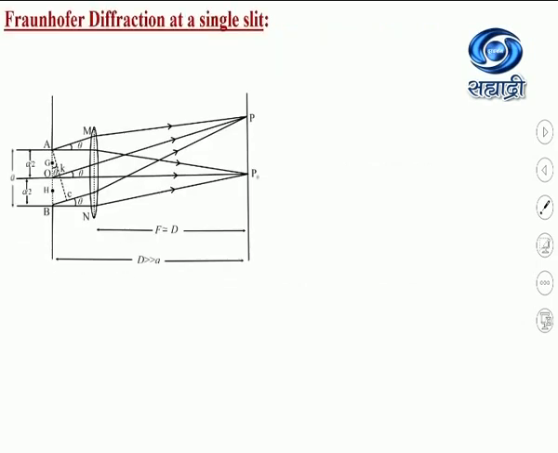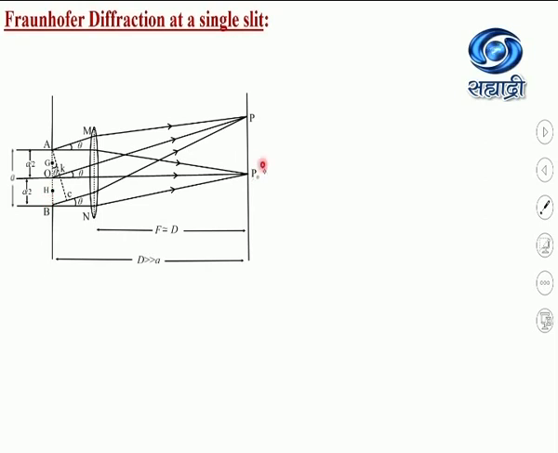So we will continue with the same experimental setup, but here we have taken the cross section of the experimental setup, where AB is the slit. The slit width AB is small a. The rays from the monochromatic source of light, when incident on slit AB, make every slit element act as a secondary source of light, and the elements start emitting light waves which interfere with each other and produce the diffraction pattern on the screen. The screen is at distance capital D from the slit.